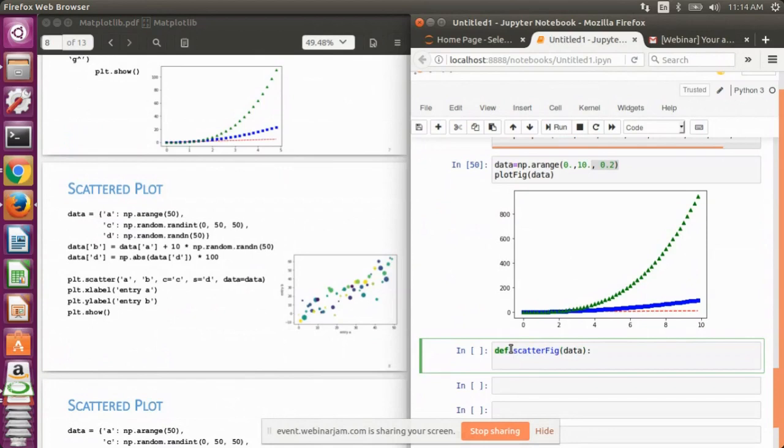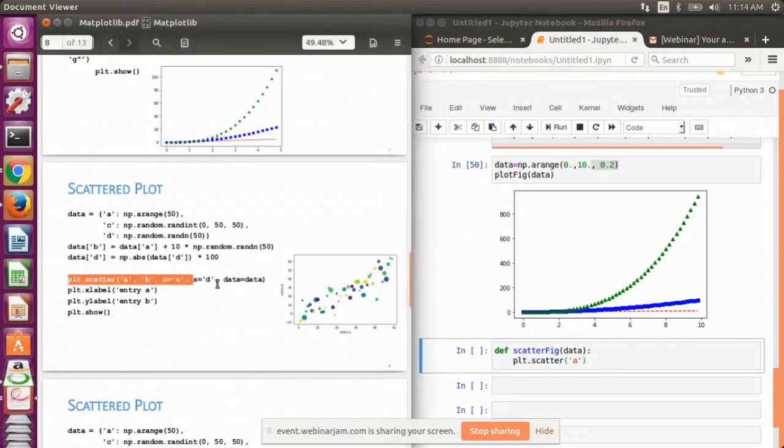Inside this we will write the plt.scatter function. Basically we use the scatter function to plot the scatter plot. So here I'm using the same definition that we have used in our example here.